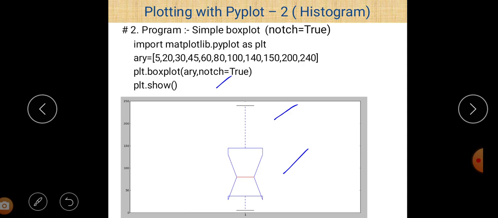The rest of the program is the same as compared to the previous one. All the data set values are the same, but in this case we just took two parameter values. First, which is very essential, that is the sequence or any array, or here there is a list which is in sorted form, and we just take notch is equal to true here. So this represents the data in this manner. And then finally plt.show, which is a method to show the output of your program on your screen.